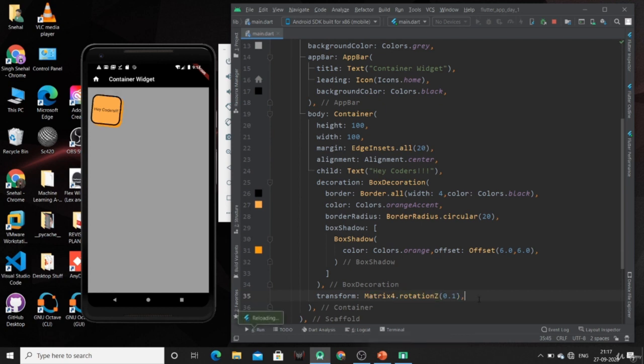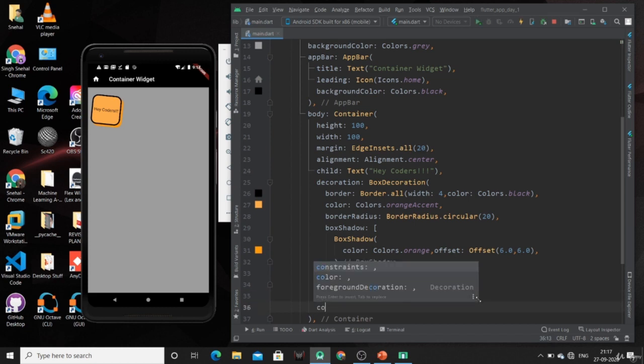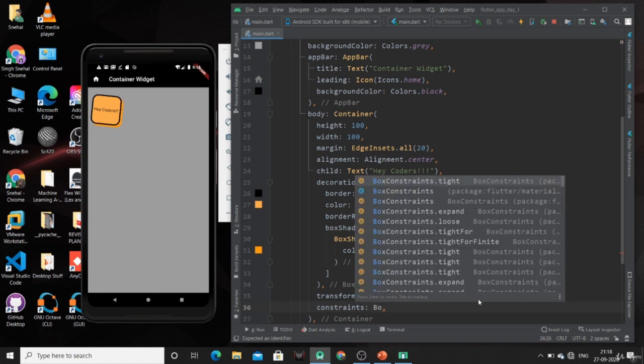Another property is constraints, if you want your container to be tight or in expanded form. You can use this constraints property. You can use any of these, which are BoxConstraints or tight, expand, loose, tightFor.